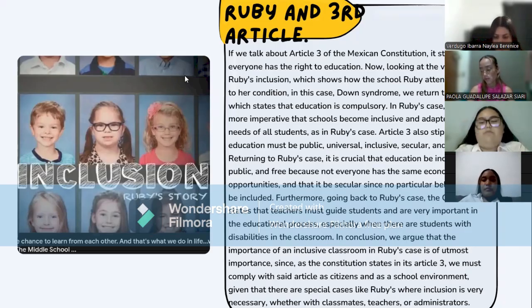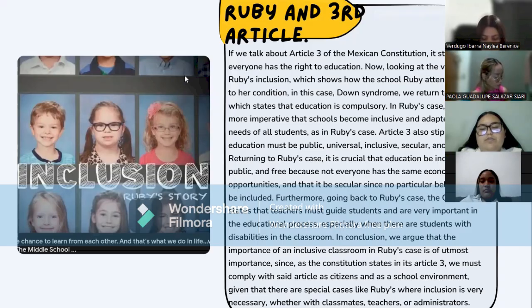In conclusion, the importance of an inclusive classroom in Ruby's case is of utmost importance, since the Constitution states in its Article 3 that we must comply with said article, and the school environment must guide that there are special cases like Ruby where inclusion is very necessary